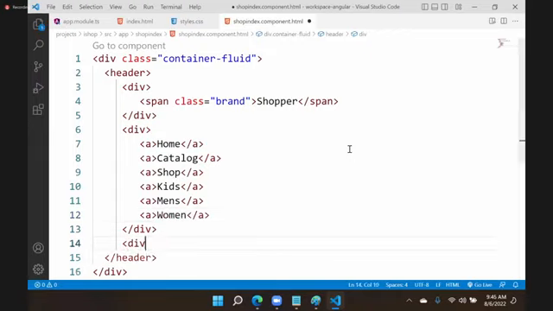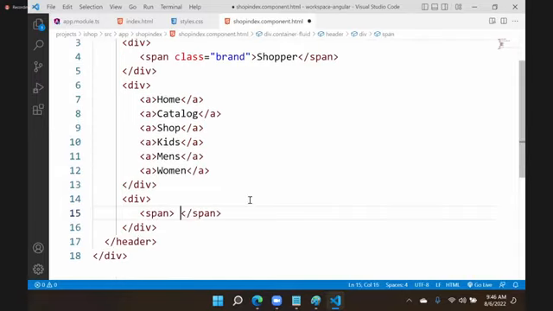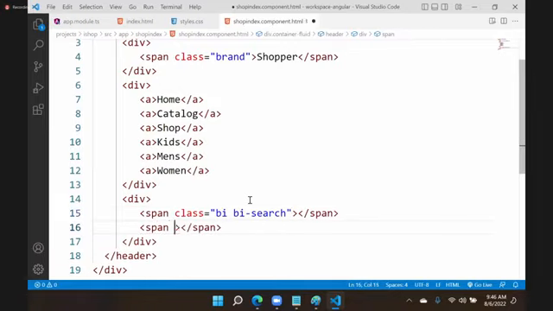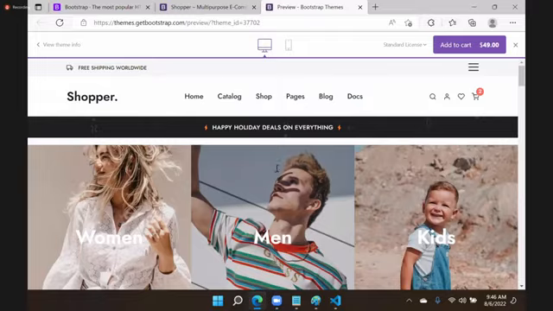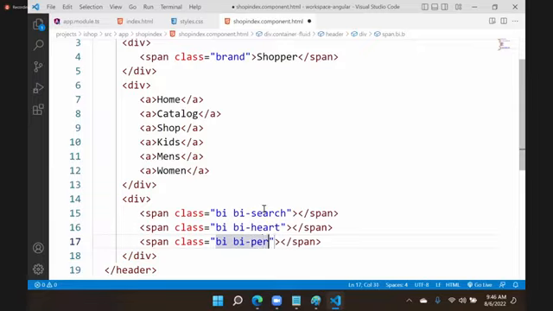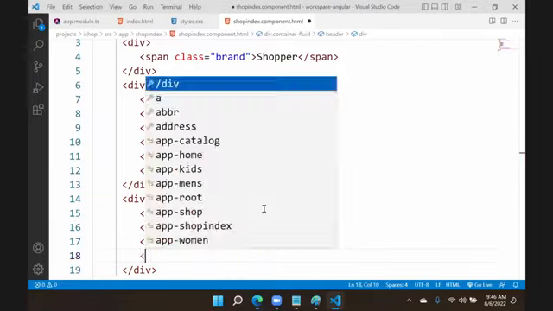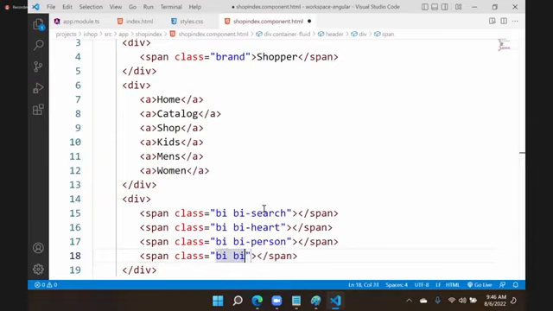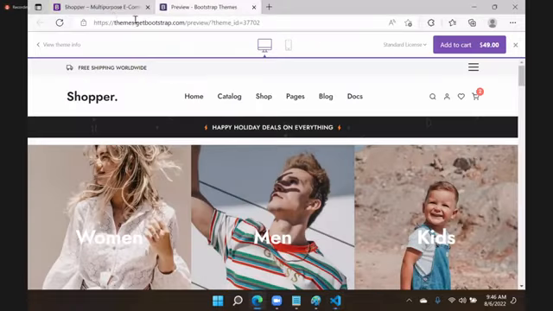Okay, another container we are having. There we will put a span. And here we put a class bi search. Just icons I am using. Another span, class bi heart, like this. Some span, what else they have? Some class bi person. So what else? We have span, class bi cart. Like this we design. Now we will open this localhost